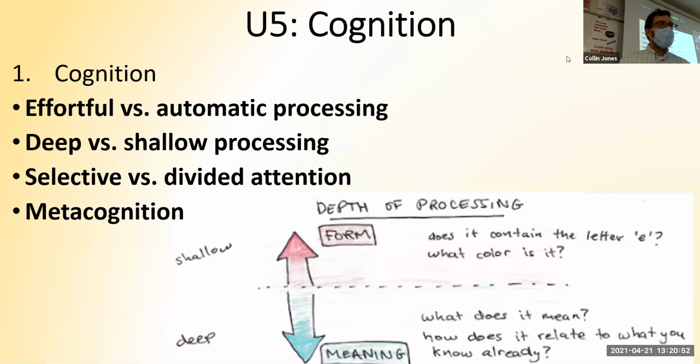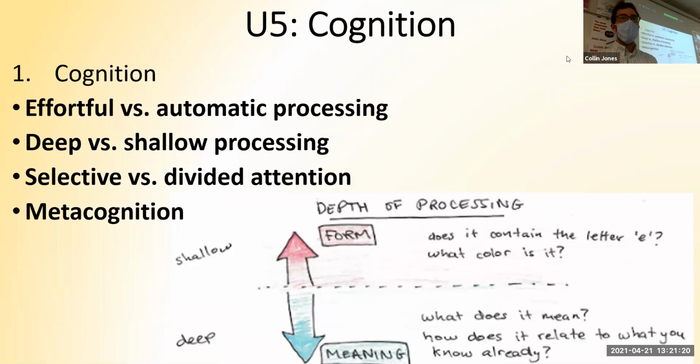Eating, space, time, stories, social relationships, those are automatic processing. Things that you don't have to try very hard or make flashcards for. Yeah, when you get hungry, your brain's just automatically processing that kind of stuff, right? If I ask you what you had for lunch today, your brain just kind of automatically keeps track of what you're putting inside of your system in case you get sick in an hour. Your brain just wants to make sure that it knows what was the last thing you put into your tummy.